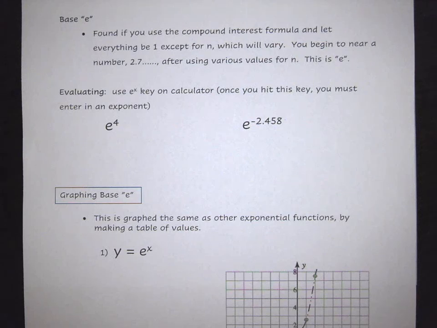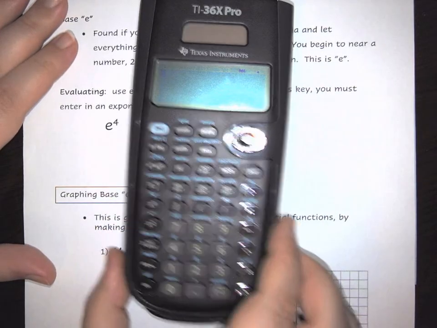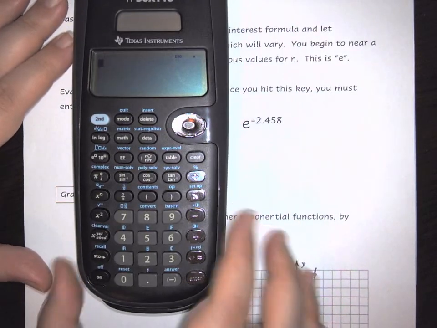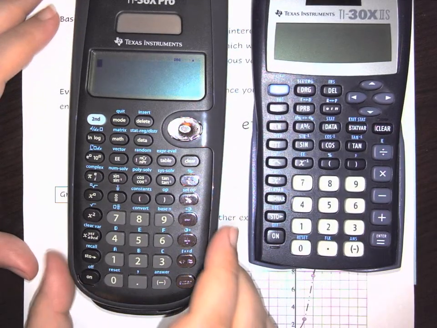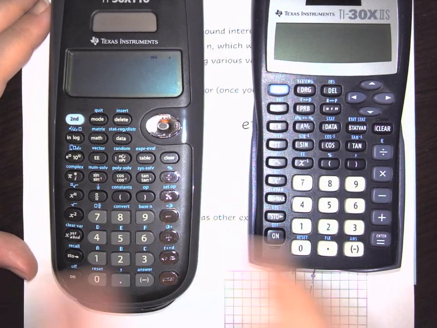Here we're going to look specifically at base E functions. So base E is that funny little E on your calculator. Depending on the calculator you have is going to depend on where your base E is. If you look at mine, I actually have two of them here. Both of these are scientific. And so if you look at both of these, notice,